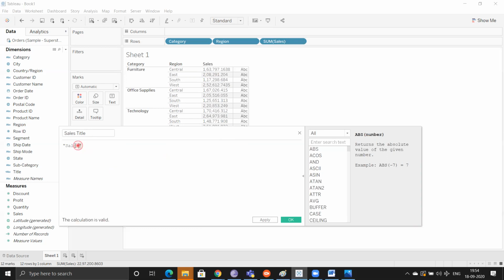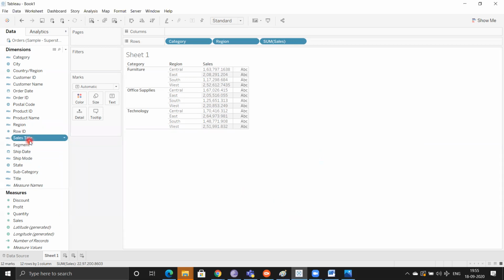Why I am taking only this sales here is because whatever the last field I am using in my cross tab, that name you have to take. If you want to see sales, then you have to take sales. If you want to show a date or something, then you take one of the dimensions. Here the customer wanted sales amount, so I am just changing it here. Just click on OK. Now I have a calculation.